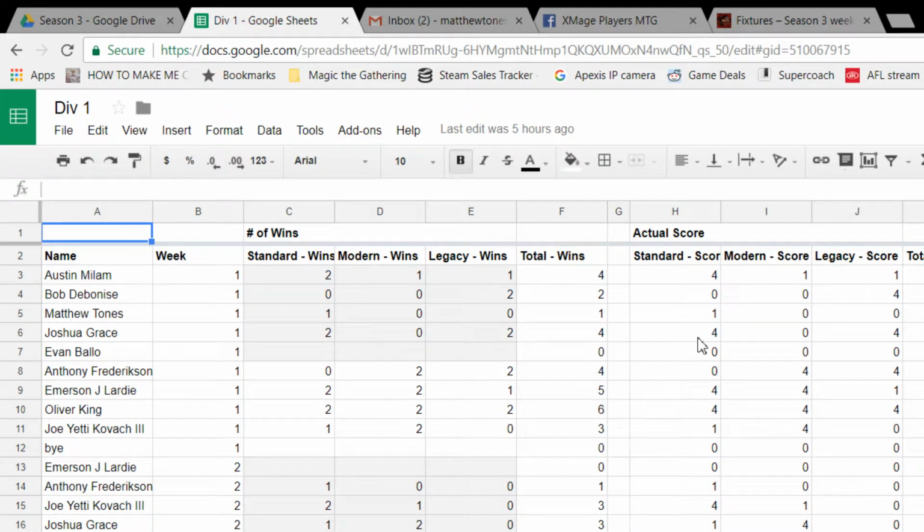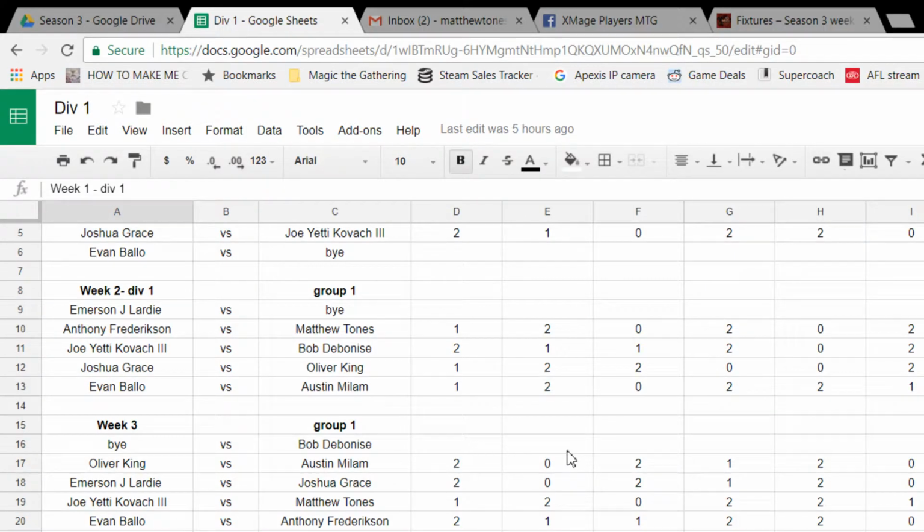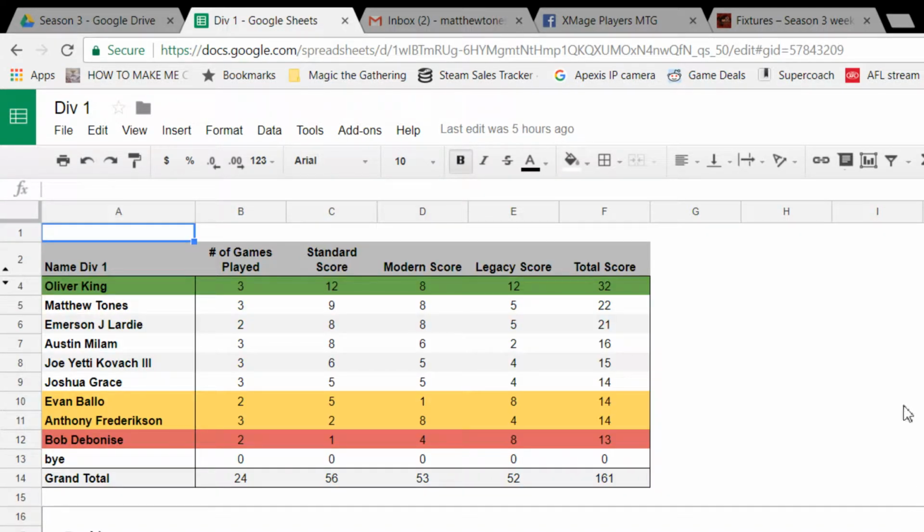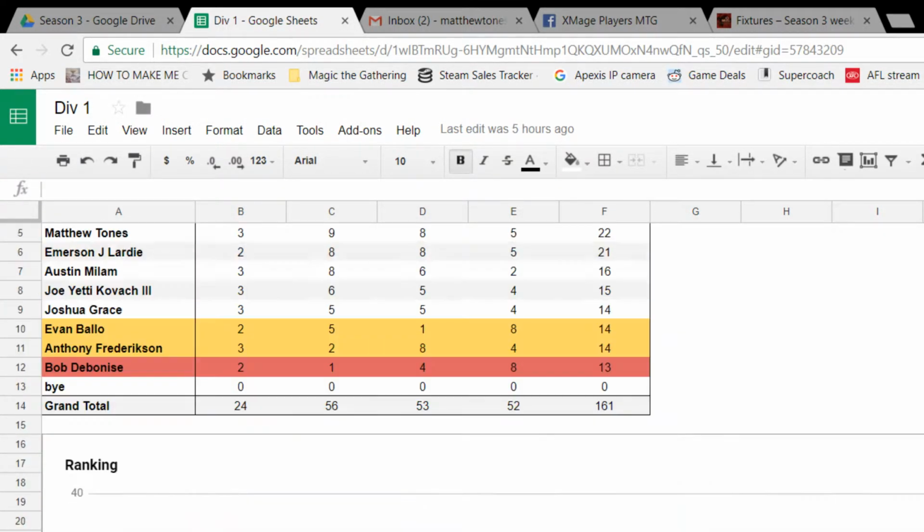This translates into 4 points if you get the 2 over here. There's some sort of fancy code here, I don't know if people that know Excel might know that, and it translates into total score, so I don't touch this page. All I do is enter the scores in this page, and it comes across into this page called standings. And this is what it looks like.